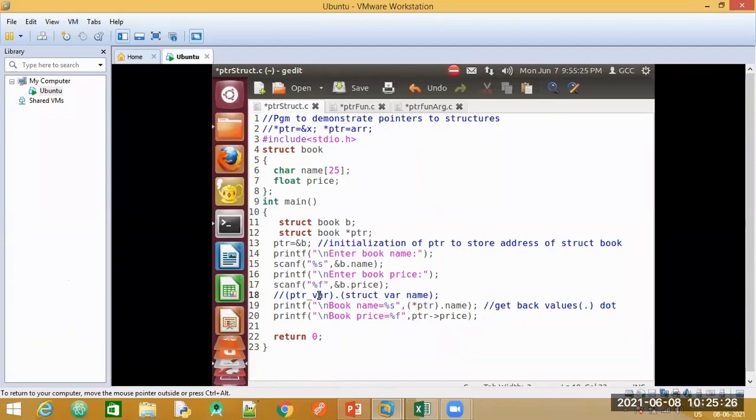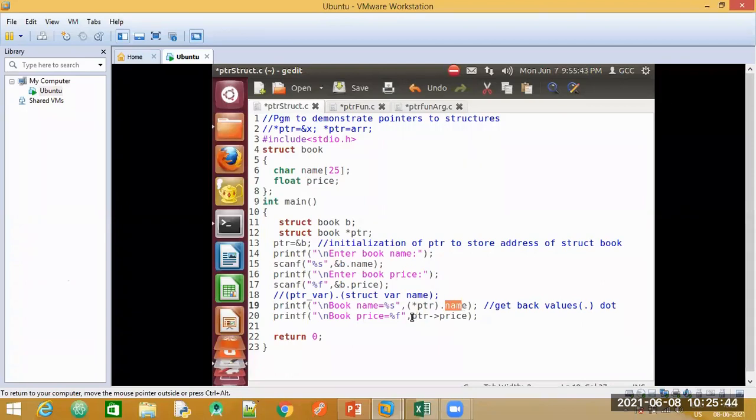So first give your pointer variable, that is star PTR, give a dot operator, and then you specify any of these. If you want to access name, give that name. If you need to access price, give that variable name. So this is one method of accessing or getting your data.